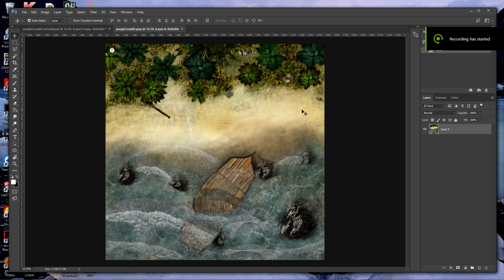Welcome back to my Battlemap tutorial series. Today we are going to work on special effects for water, or just water effects I guess. I don't know if I'd call them special, but basically water effects. How to get this type of image